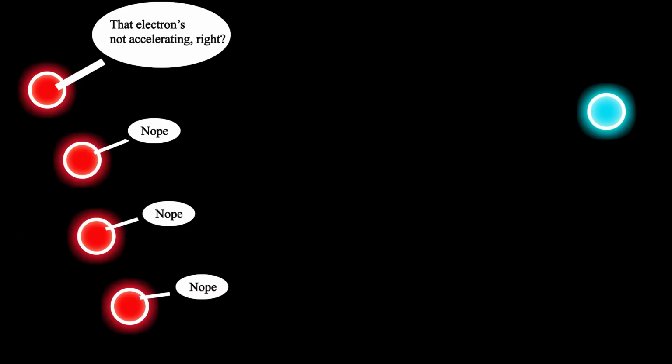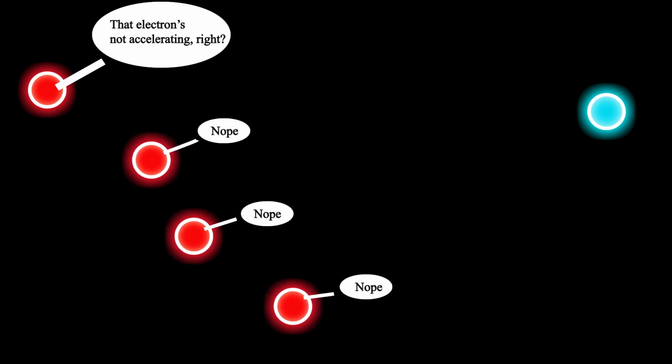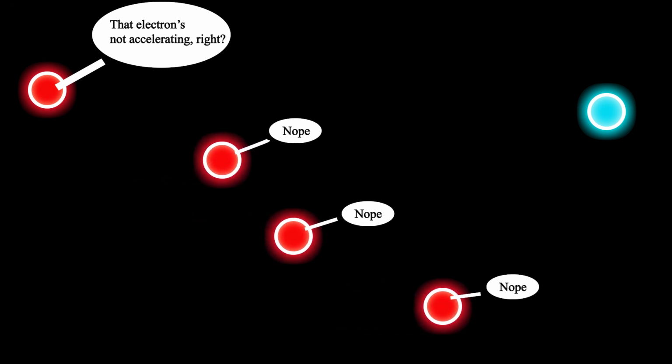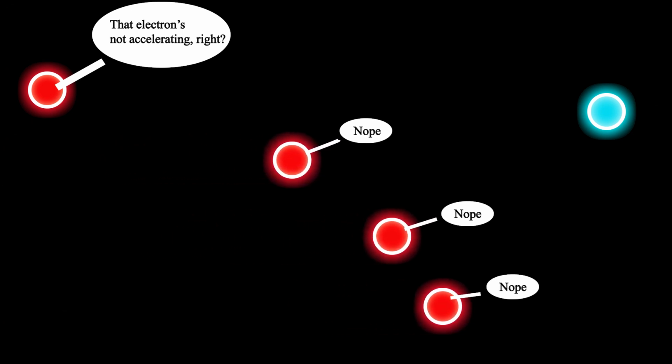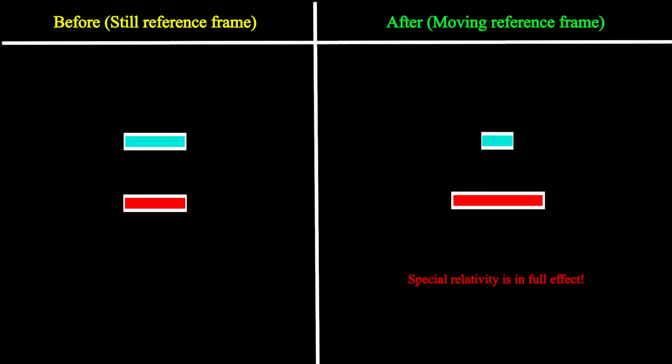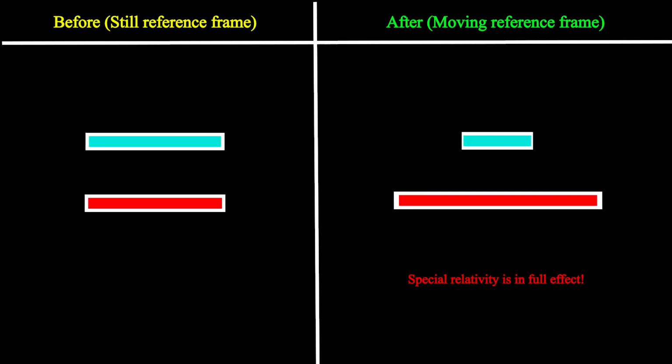But one fundamental property of reference frames moving at constant velocities is that they must agree on measurements of acceleration. So what's actually happening here? Well, it turns out in our new reference frame, we measure the positively charged regions in the wire to be longer than the negatively charged ones. This means that the wire now has a net positive charge, which attracts the electron and perfectly cancels the magnetic force. So all it takes to go from electricity to magnetism is a shift in perspective.